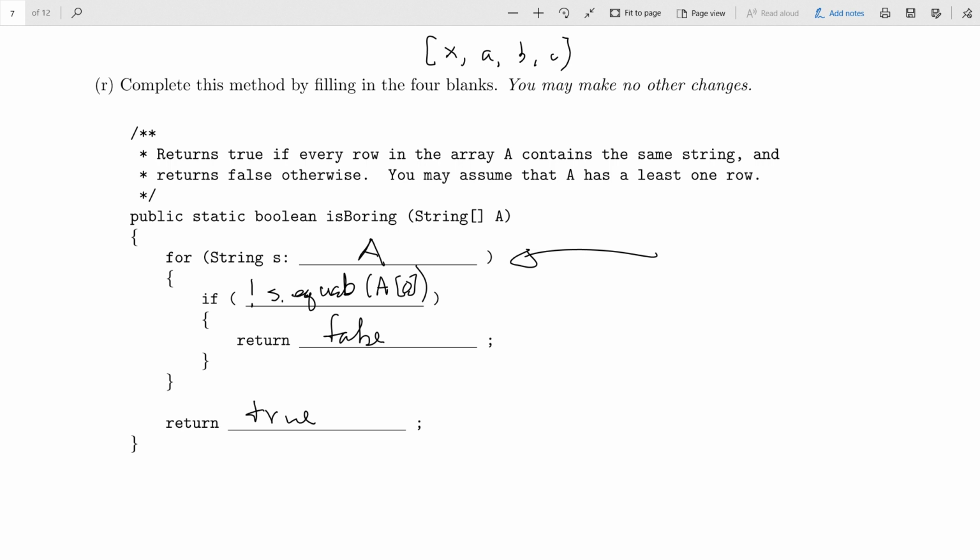We're always comparing to the first element, backfires on us, yeah? If you had an array that was X, A, B, A, then, well, what would be returned, true or false? We return false because X and A are different. But what should be returned? False. You only return true if everything is the same. What if there was only a single element in the array? It would end up comparing X to itself once, and it would return true because the loop would end. So this does work. A little bit tricky, though. Any questions about it?